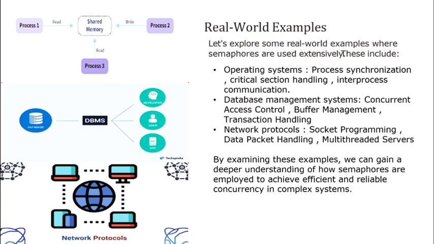are employed to ensure that only one process can access it at a time, and this prevents data corruption and resource conflicts. Semaphores are used to define and manage critical sections of code. A critical section is a segment of code where only one process is allowed to execute at a time. By using semaphores, operating systems can ensure that multiple processes do not interfere with each other while accessing shared resources